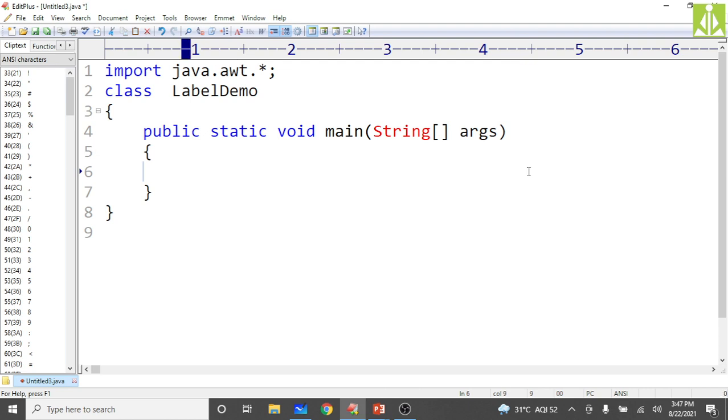Rather, we'll go with the regular approach only. Using PSVM only, we will try to generate the GUI. Whenever you are going for a PSVM, public static void main, you can execute the program with Javac. But if you are going with another approach, then you have to find out the suitable way to execute your program. Because in applet we are not going to have the PSVM,